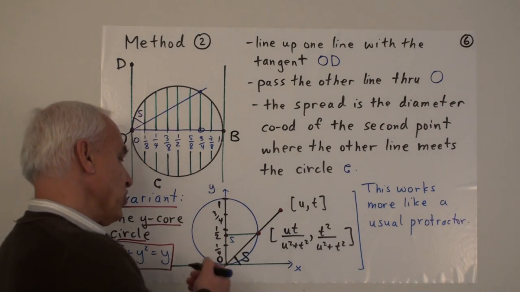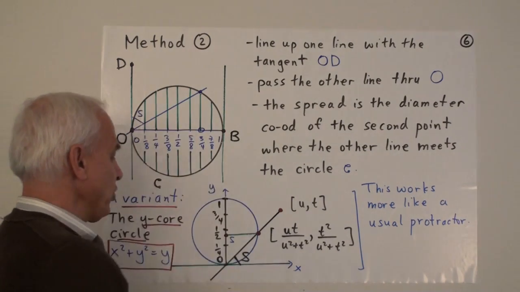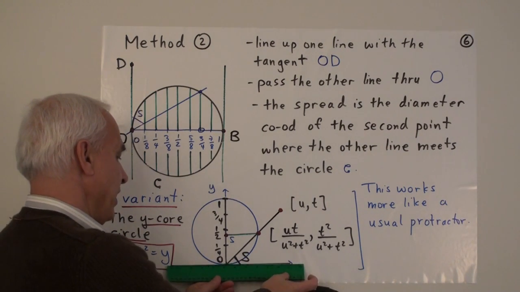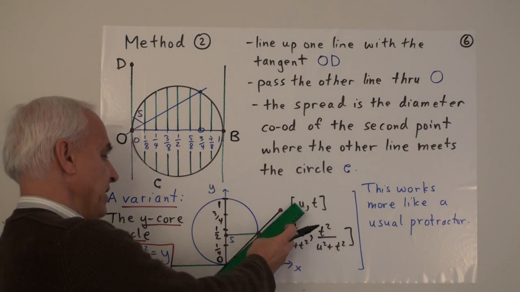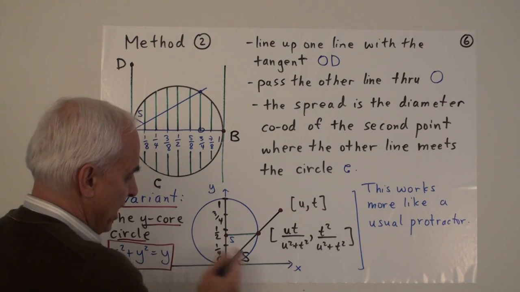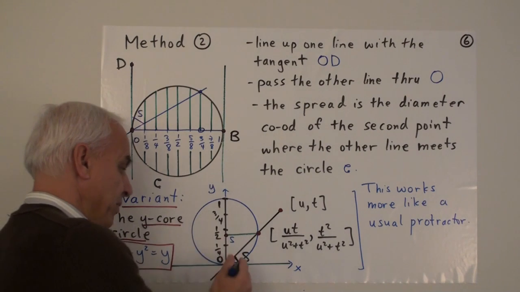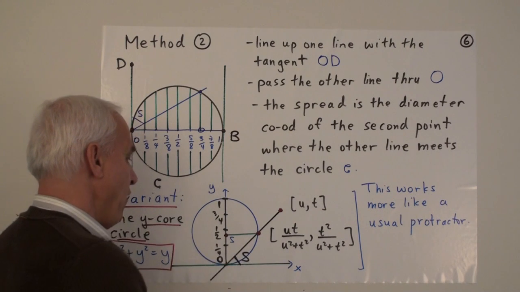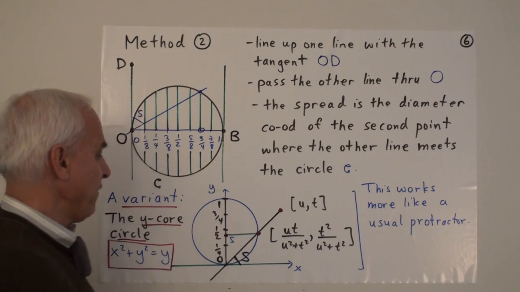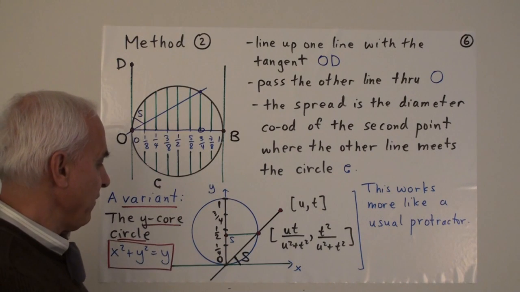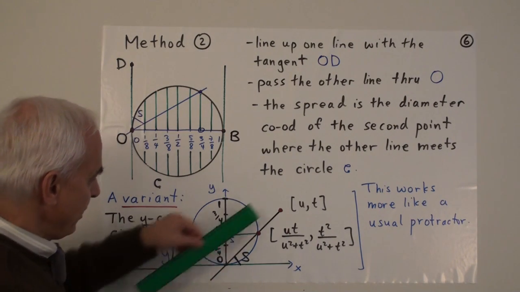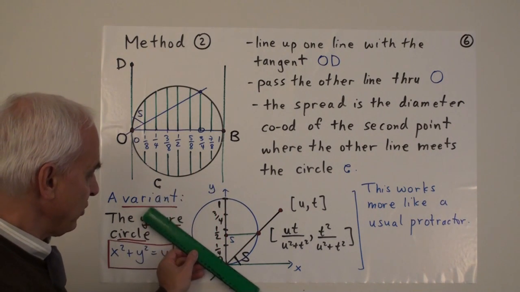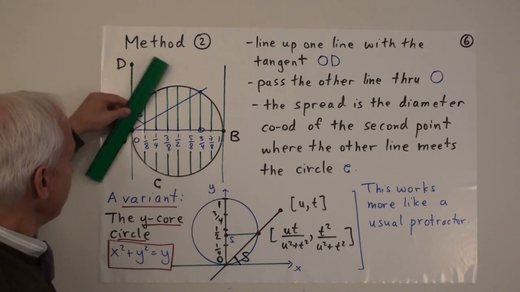And now if you wanted to measure spread, you could use this approach with this situation in probably a more traditional fashion, in that one line is horizontal, the other line is emanating from the origin now. So if we want to measure that spread, we could use this setup to see where this line meets this y core circle, go over to the y-axis and read off whatever coordinate we have there for this spread S. So that is a very easy way of visualizing what a spread between two lines is, either here or here, same.